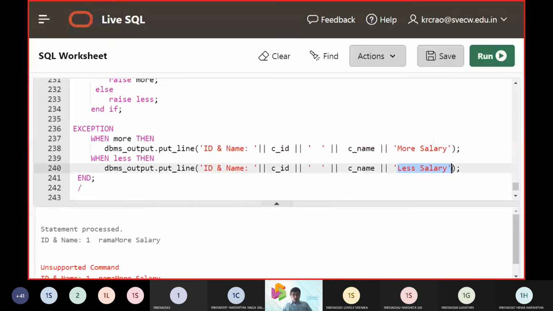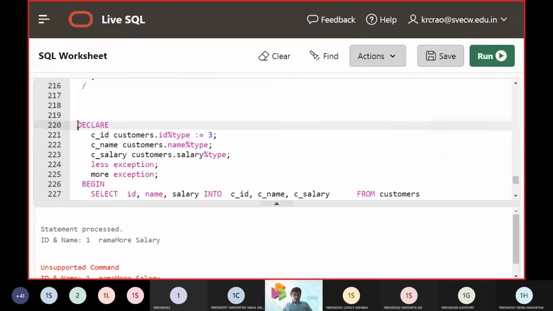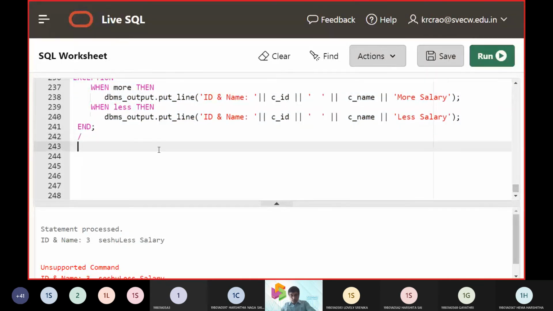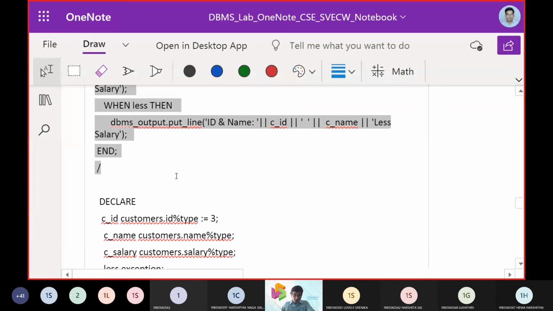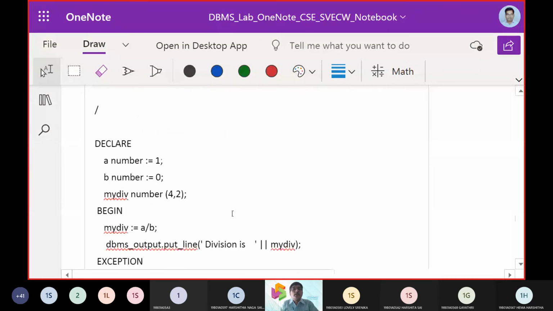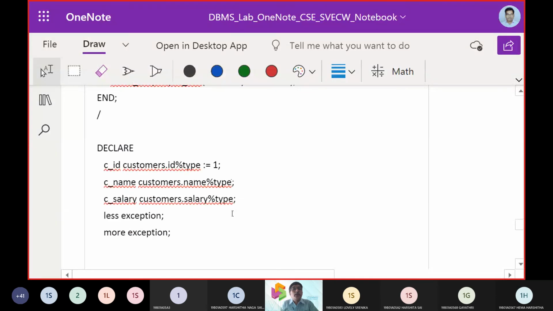So we should display less salary. So we hit the run procedure again. Now you can see ID was 3 and it displays less salary. So we verified the positive case, we verified the negative case, two sides done.